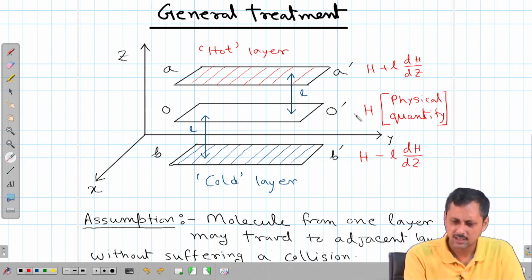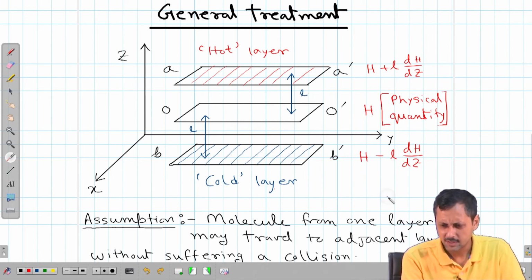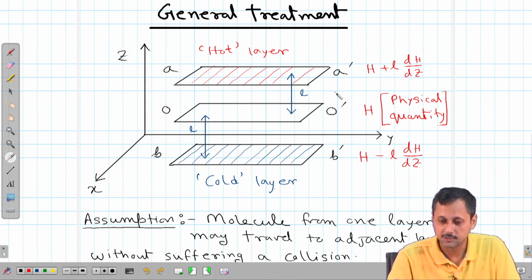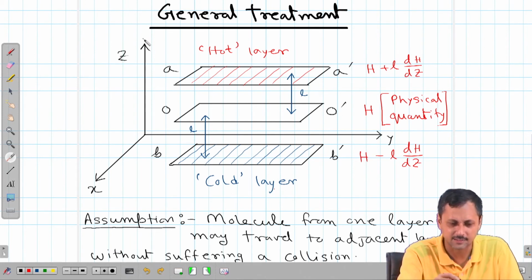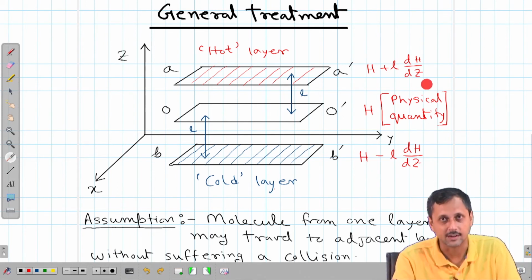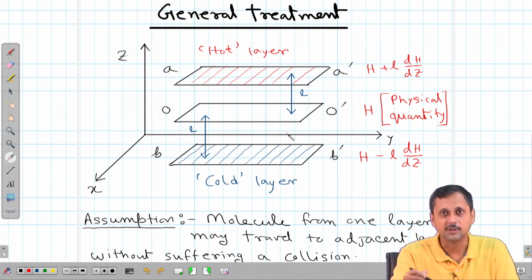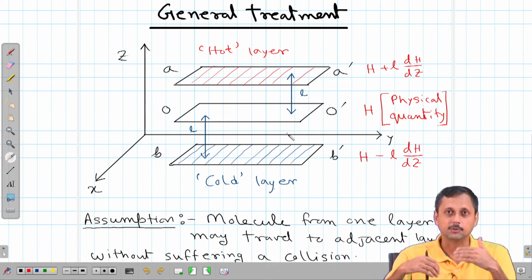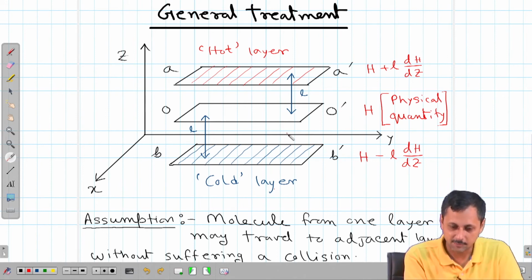So, this layer OO prime has the value of that particular quantity as H, whereas the upper layer AA prime has a value of this particular quantity as H plus L dH/dz. This is the z axis. So, the gradient is along z axis. Okay. So, L being the perpendicular separation or the shortest distance between these two planes,